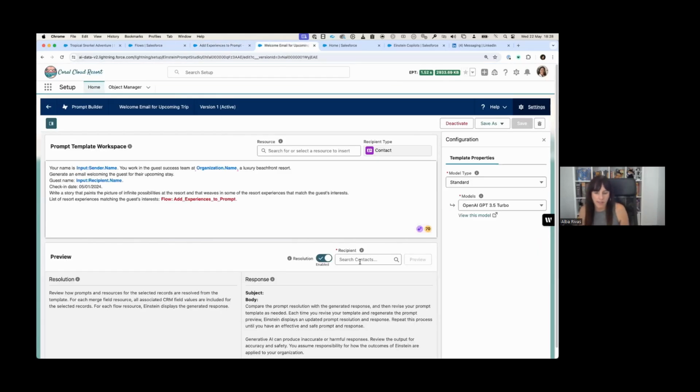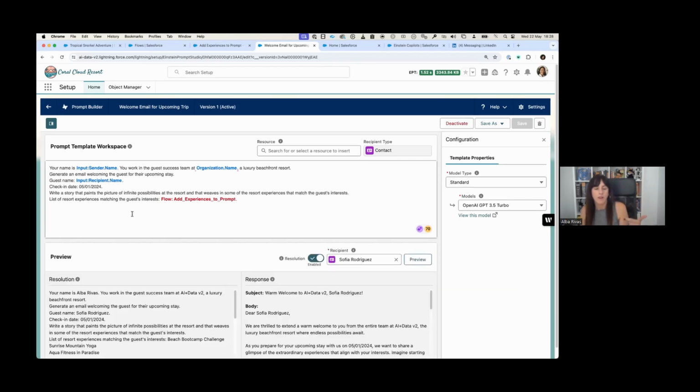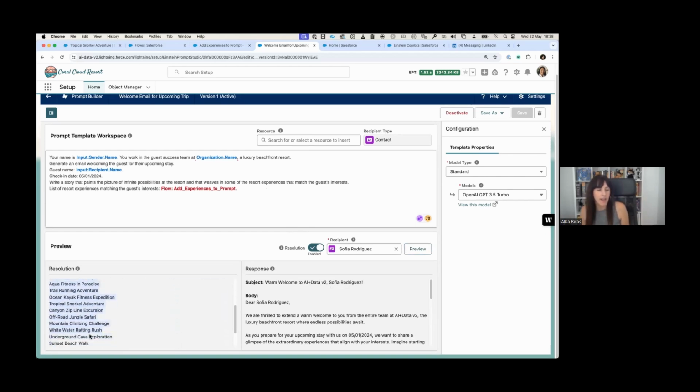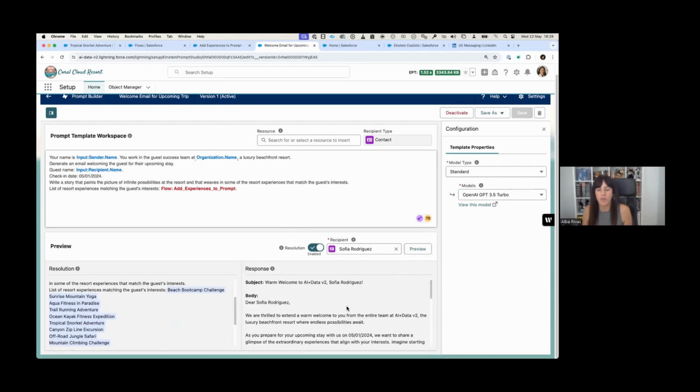So if we evaluate this here, for instance, for the contact Sofia Rodriguez, we are going to see how in the prompt resolution, Salesforce is executing this flow, finding the experiences that Sofia may like according to her interests and adding them into the prompt. And then, well, this is the email with which